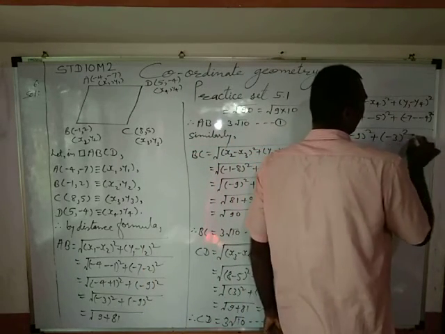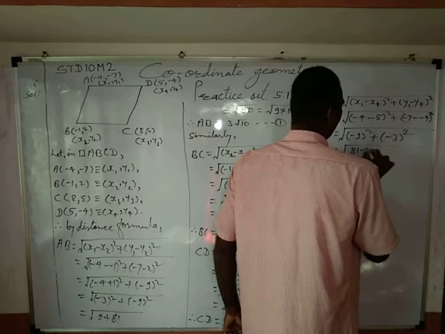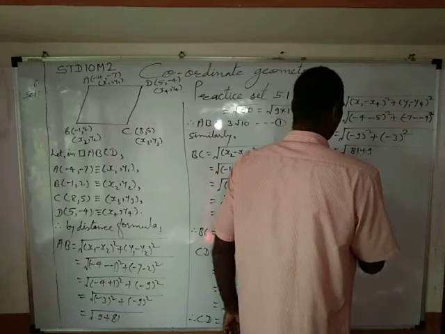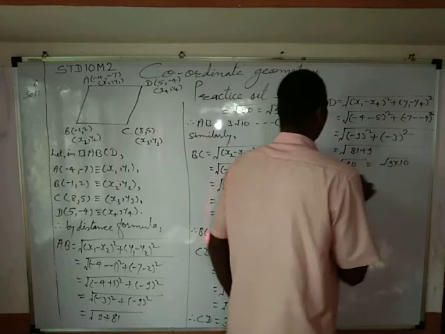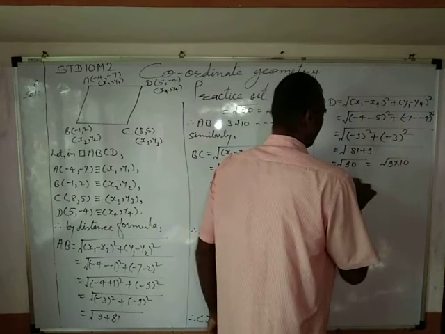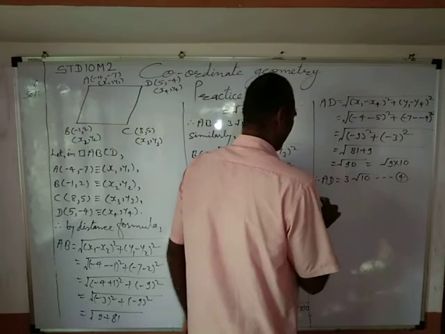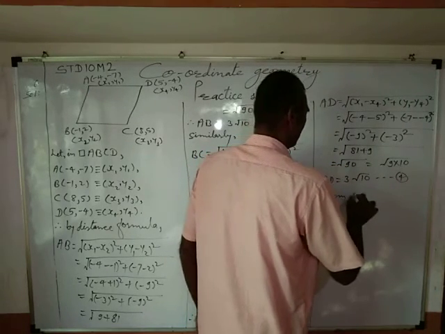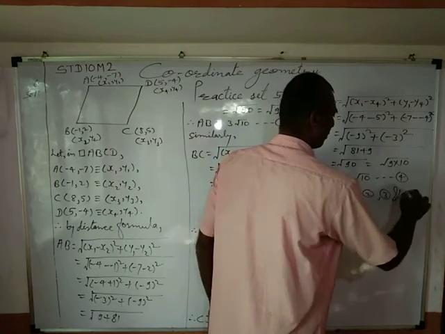Okay, that's why it will be (minus 3) square, equals root of 81 plus 9 equals root of 90 equals root of 9 into 10. Therefore AD equals 3 root 10. Equation 4. And therefore from 1, 2, 3 and 4